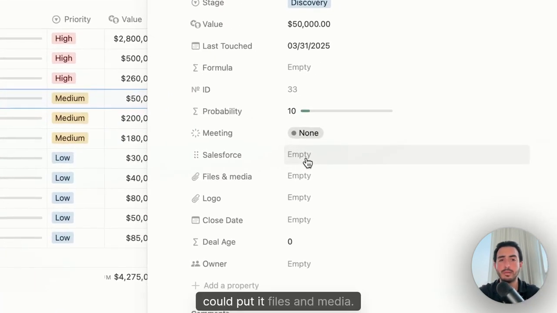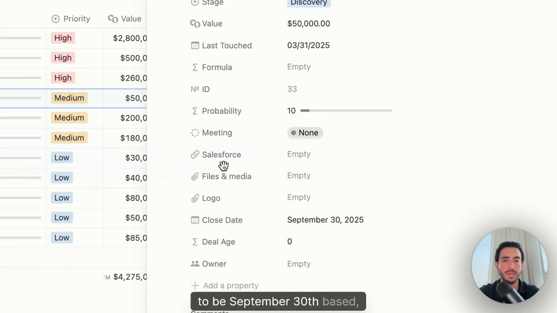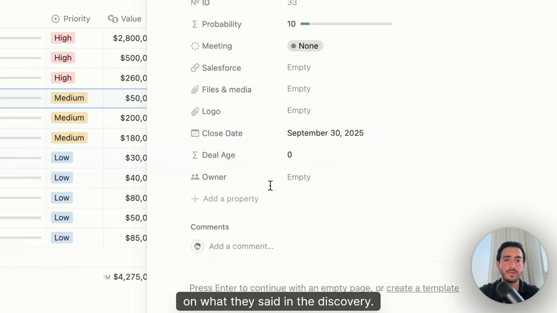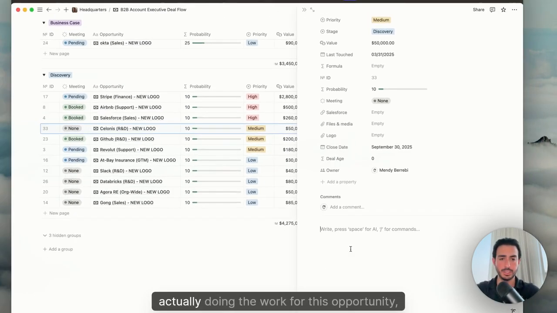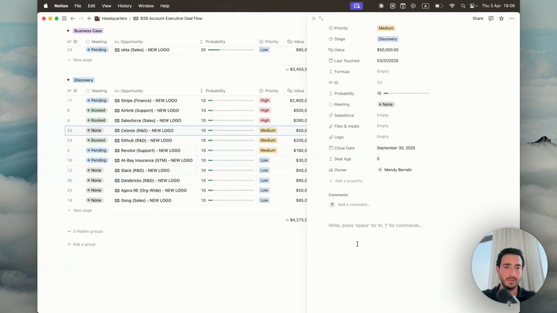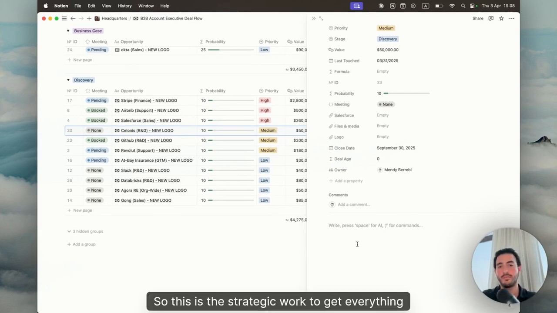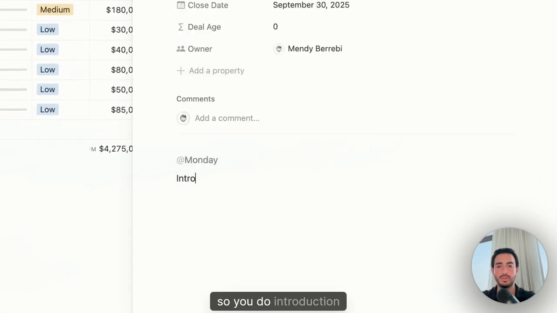Salesforce link, you could put it. Files and media, you could also do that. Let's do the close date to be September 30th based on what they said in the discovery. Obviously, I'm the owner. And now we're going to start actually doing the work for this opportunity offline, right? So this is the strategic work to get everything organized. So let's say, for example, Monday you had the call. So you do introduction plus discovery,